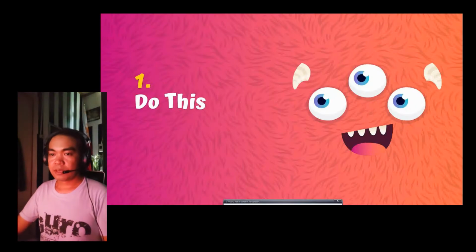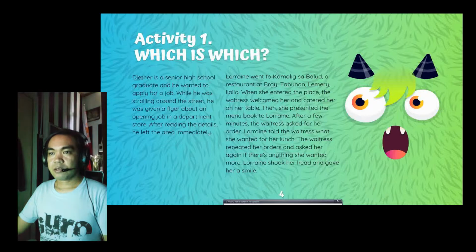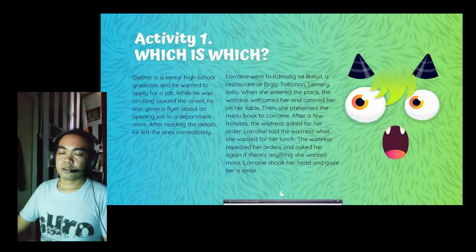So your module starts with an activity called "Do This." In this activity, you are going to identify. We're going to read these two articles, and then after we read them, we will answer questions that follow. So, first article reads,